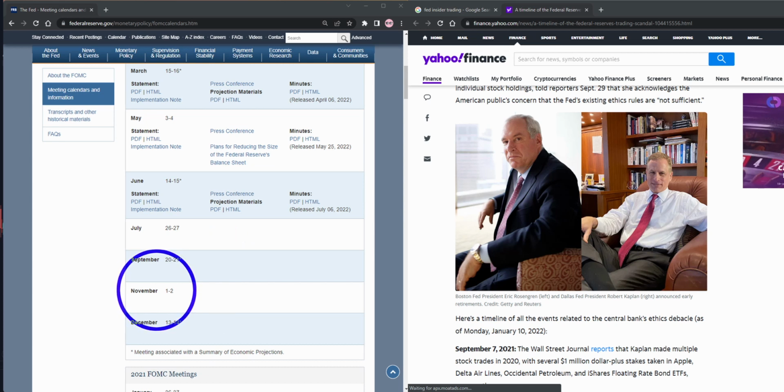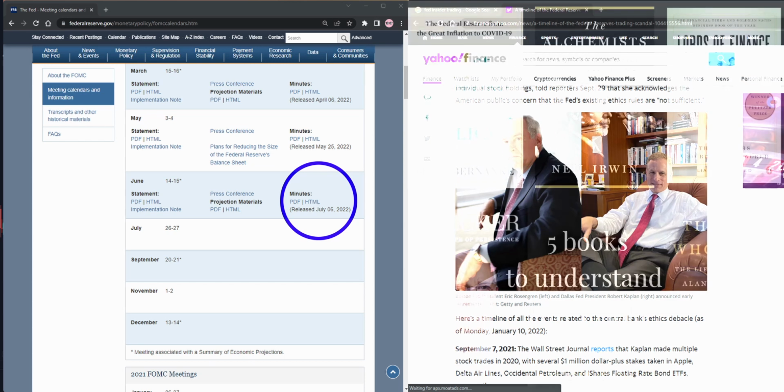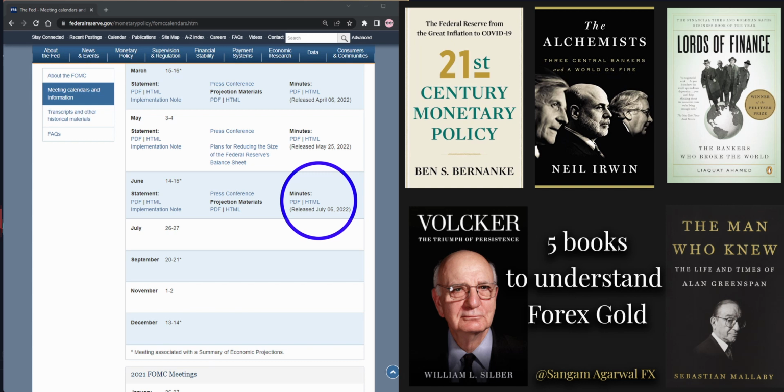Since an ordinary person cannot get these PDFs one day before the public, you have only one choice: read all of these books, because this is stagflation and how Paul Volcker saved the US economy from stagflation. You have to understand it. If inflation does not stop and goes to 10% and 12% next year, so many things can happen which you do not read in the news right now,